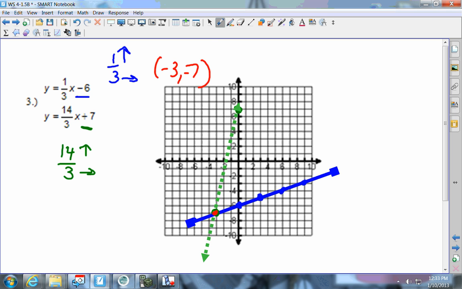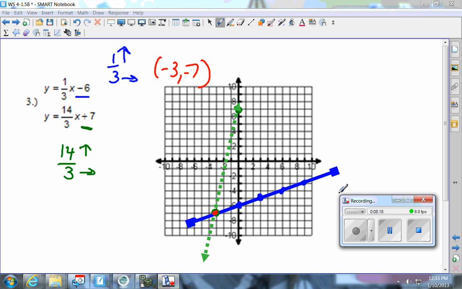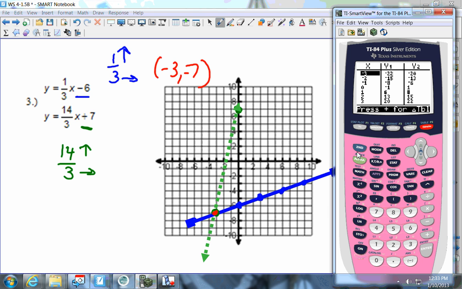Whoops. So let's go in the calculator and look. I'm going to clear my memory. Second plus 7, 1, 2, because I zoomed in. Press y equals. I've got 1 divide 3, x minus 6, and in y2, 14 divide 3, x plus 7. When I press graph,